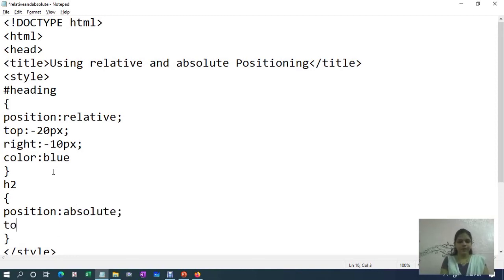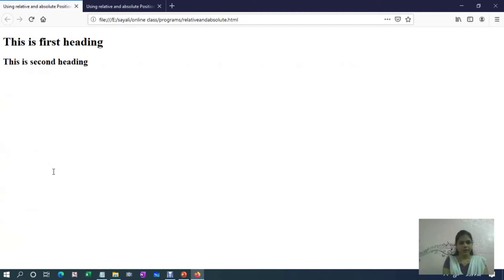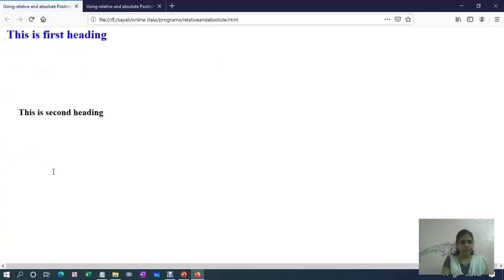After that provide the values. Suppose we use top colon 200 px, left colon 50 px, and save the program and now execute it.